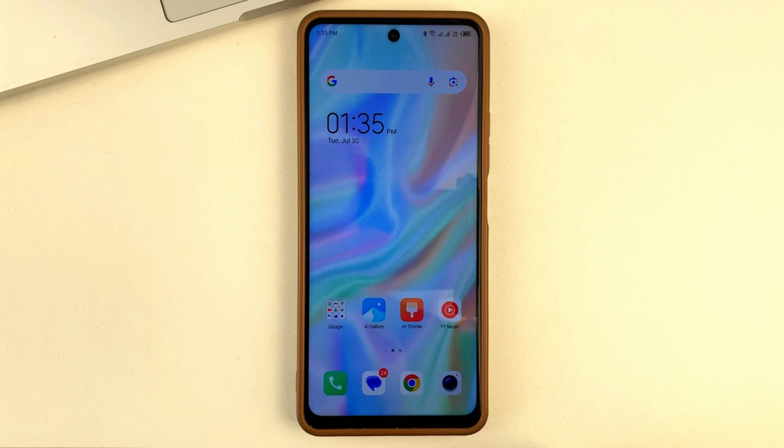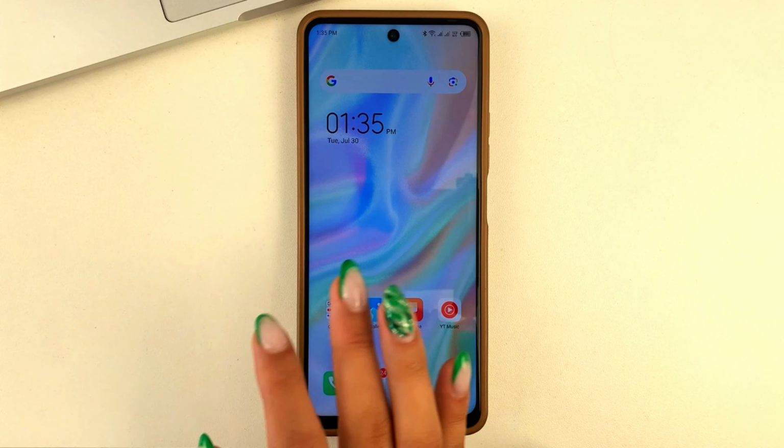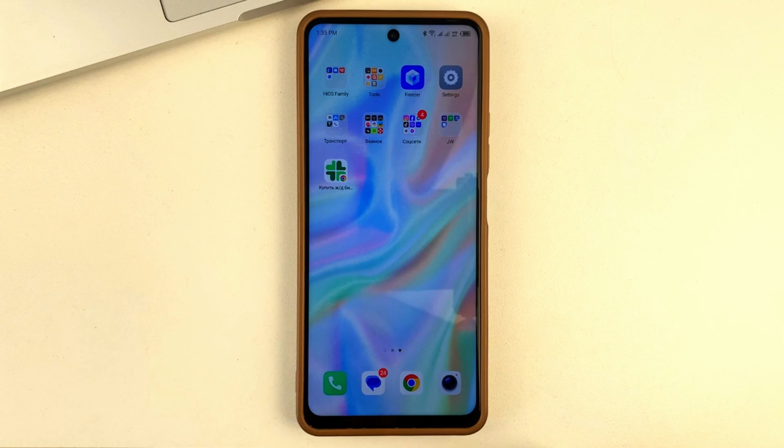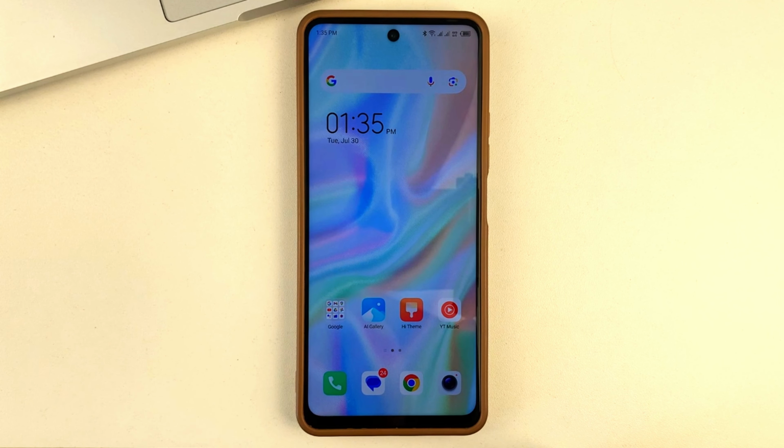So friends, let's get down to our topic. For example, I have two devices from which I always log into Telegram. The first device is an iPhone 10, and from that, I always log into Telegram. And I also have a second device, which you can see now, which is Android. And now I'm going to show you how I access the Telegram app from Android, so that way you don't have to log out of it from your iPhone.